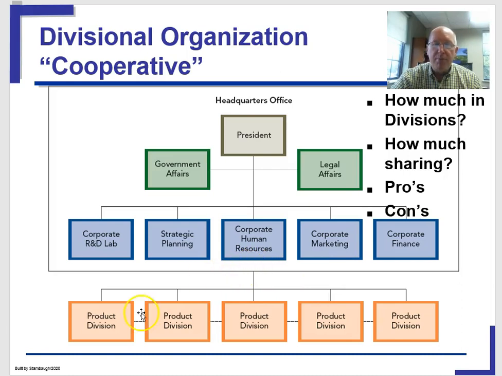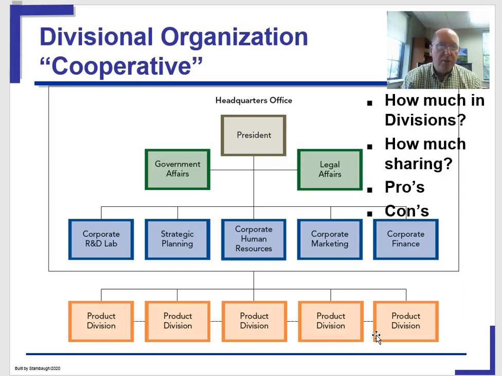Because you do perhaps have marketing people in all these product divisions, you may end up with more marketing people than you would have had in a purely functional organization. And the notion is by having them in the different product divisions, they're actually going to be more effective and they're going to sell more, and the customers are going to be happier, which is going to be good for the company in the long run because you have that presence there. But it is a more costly format.